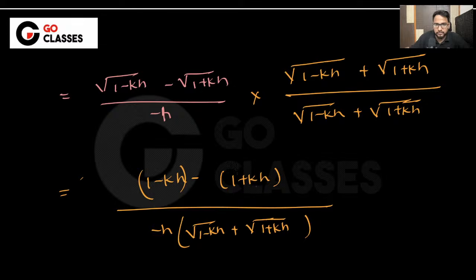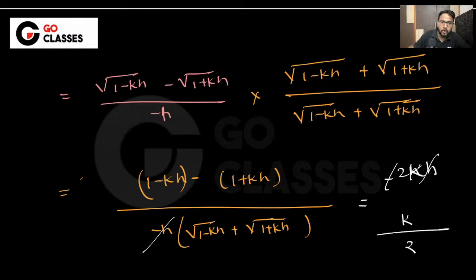This is minus kh, so it is minus 2 kh, right? Minus 2 kh, which means minus h will get cancelled out, which means it is k upon something like this. And if you put h tends to 0, this is 1 plus 1, which is just 2, right? So this is going to be k upon 2. Now you got f of 0 minus to be k upon 2,